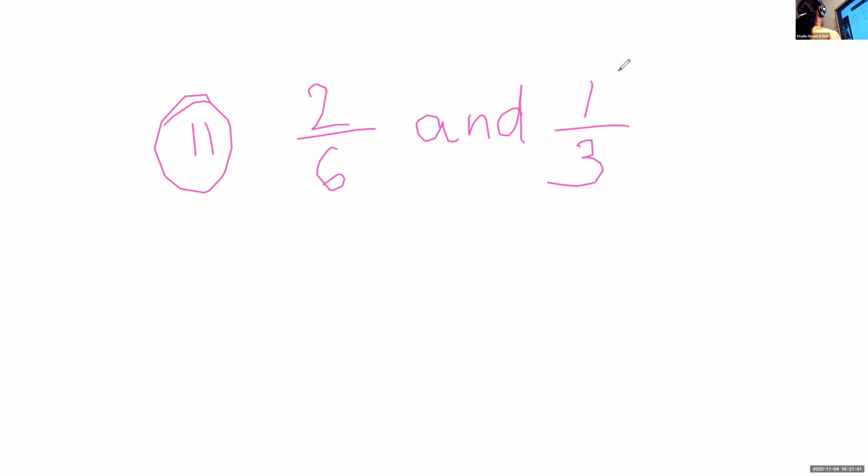I was explaining the question. The question is: write any pair of equivalent fractions which will have that. This is the question I am writing. No need to write 2 into 3. So here how you can cross multiply 2 into 3. Ma'am, I thought that 2 into 3 and 6 into 1, we need to write that. You have to write the fraction. No need to write the product. Only write this, 2 by 6 and 1 by 3. Okay.